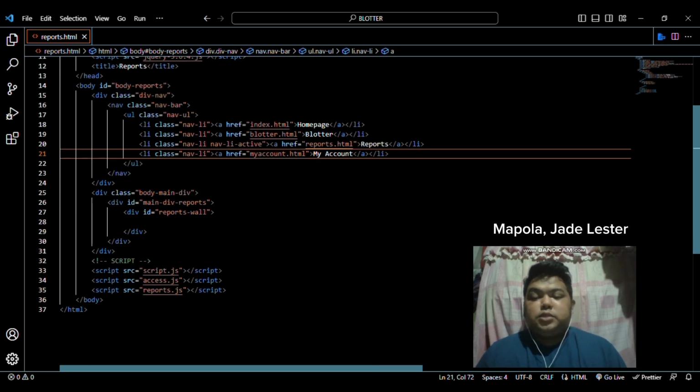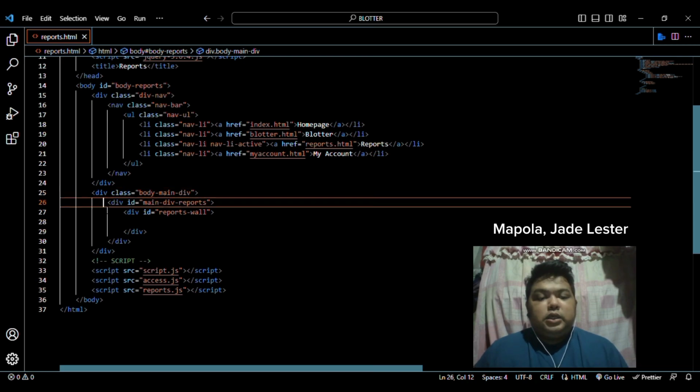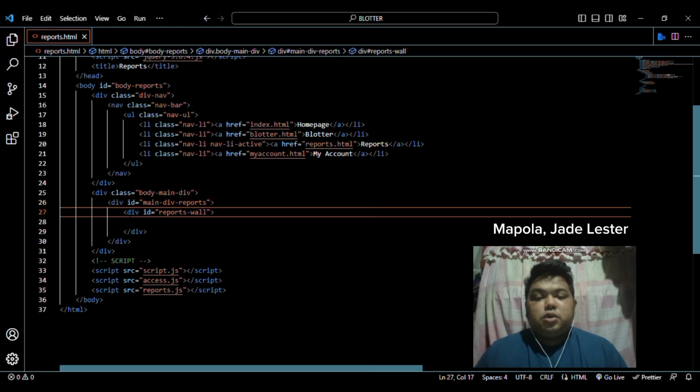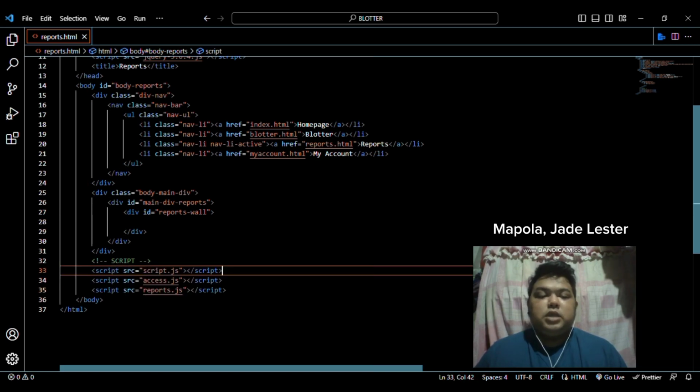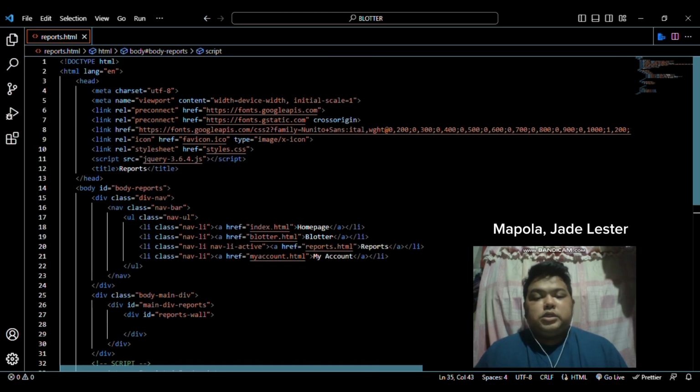the href attributes pointing to different HTML pages to create navigation links, a div with the class of body main div, a container div for the main content of the page, another div with the ID main div reports, a specific div within the main content section, another div with the ID reports wall, but is currently empty, then script tags, script.js, access.js, report.js. Overall, the code represents a web page with a navigation bar and a main content section where reports will likely